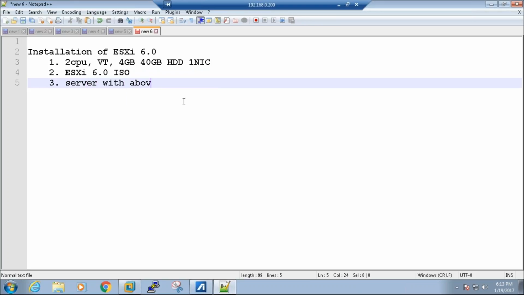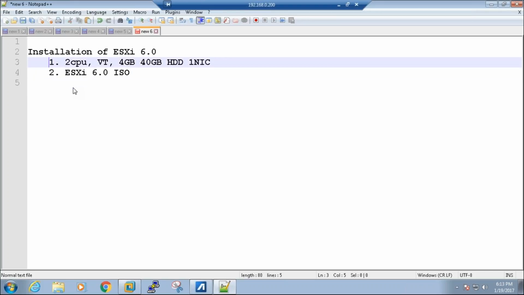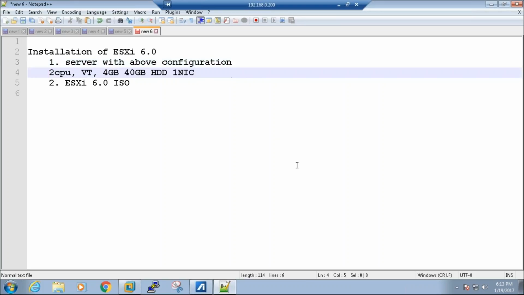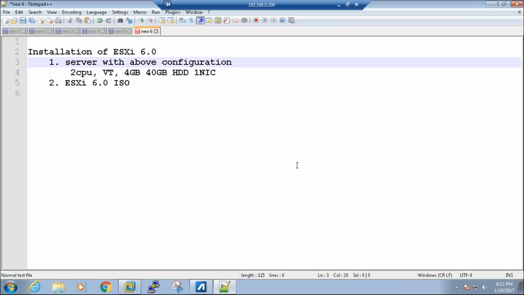A server with the above configuration. What I'm going to do is use a virtual machine to have a server ready with this configuration. This is the configuration that you're actually looking at, a server with the below configuration.